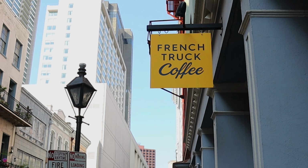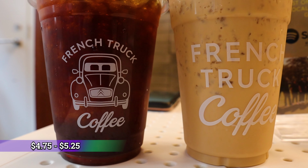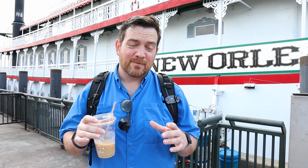Our next stop is French Truck Coffee to try their New Orleans iced coffee with chicory and milk. French Truck Coffee has multiple locations, including one in the French Quarter. Chicory coffee is made from minced and roasted chicory root. So if you want to try New Orleans coffee and chicory, but you don't have time to wait in line at Café Du Monde,